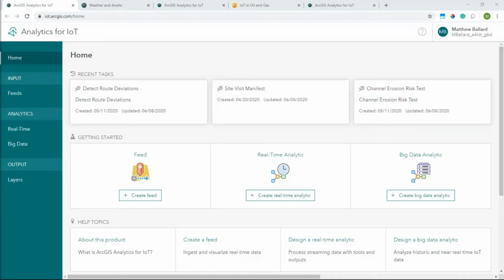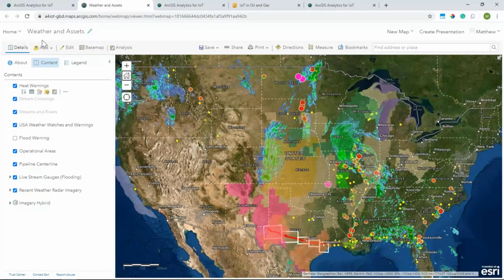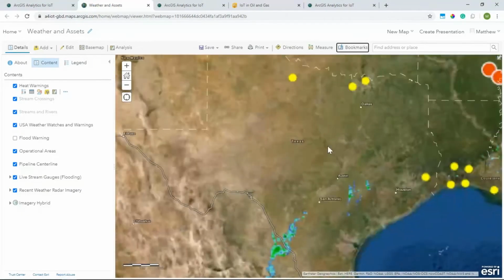All right, so to understand big data analytics in Analytics for IoT, first we're going to look at how you can perform, again, like Suzanne mentioned, near real-time analysis by scheduling analytics. And in this example, we'll utilize some weather observation data to understand the health and safety impact against our workers as well as our operations. So at any point in time, weather events might be potentially impacting your operations. For example, a tornado warning or a heat advisory might be impacting the health and safety of your employees.